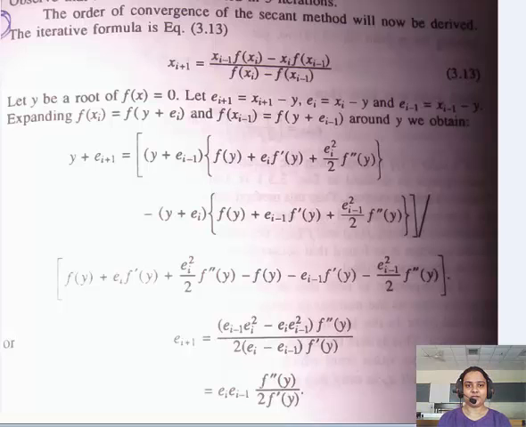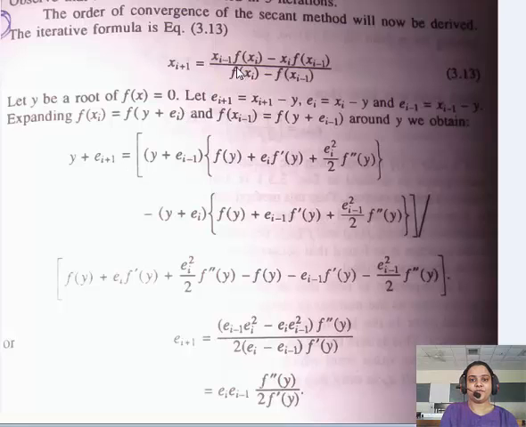Here we have done nothing but put y + e_{i-1} at the place of x_{i-1}. We just replace the formula in equation 3.13 with the formula downwards, replacing x with y + e. As we can see from above, x_{i+1} is in the equation first, so at the place of x_{i+1}, we have put y + e_{i+1}. Here at the place of it we have put y + e_{i+1} is equal to,